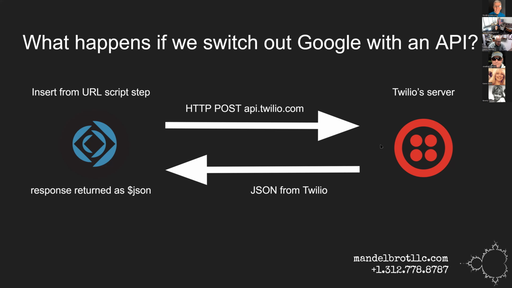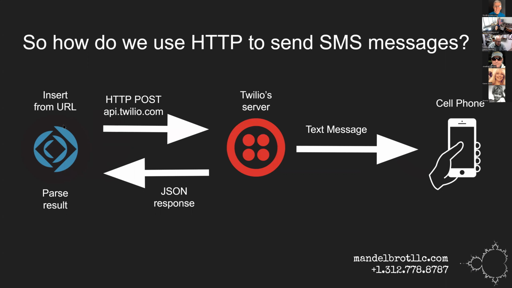So Twilio is going to do something different when you send it different messages, and then it's always going to return a response, right? So in our use case, what we're doing is we're sending a POST to Twilio's server, and it's going to send a response that says, we've queued up your text message, right? So Twilio takes care of all of this other stuff. You don't have to understand anything about the publicly switched telephone network. Twilio does all of that for you.